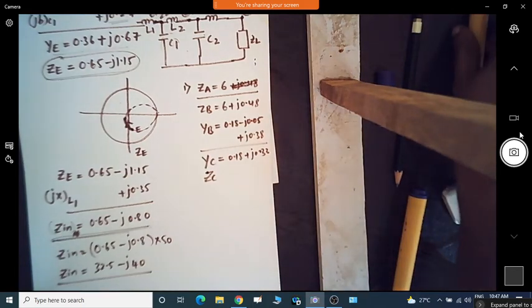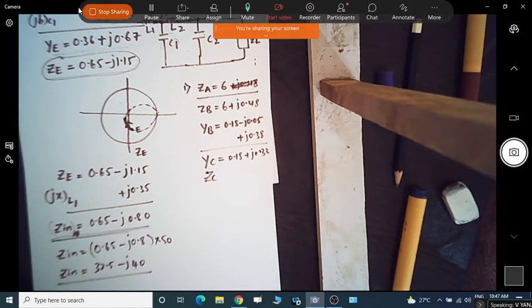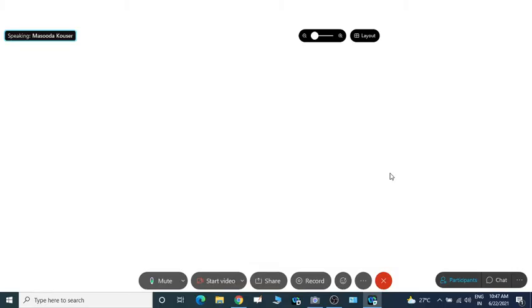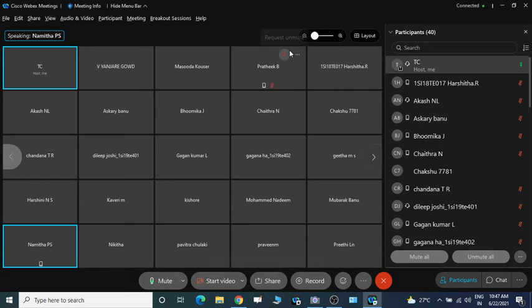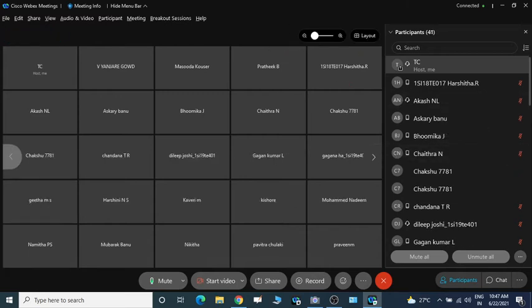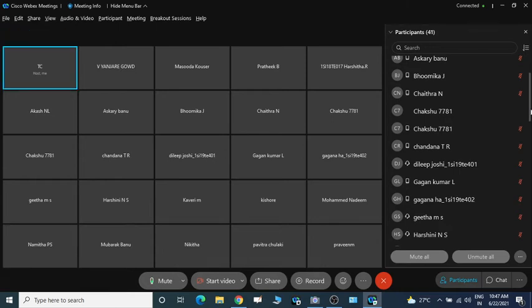That is the normalized value of the impedance. So now is it understood? Anybody, any doubt? Somebody: Sir, please explain in the Smith chart how to draw from point D to point E. Which one? Just come again. It's only in the Smith chart, how to plot from point D to point E. Okay, that is fine.